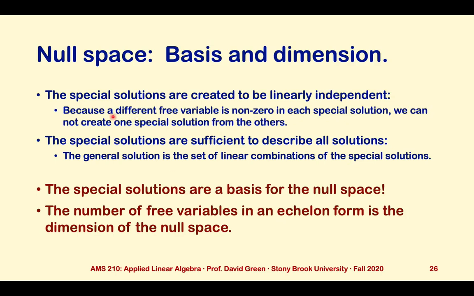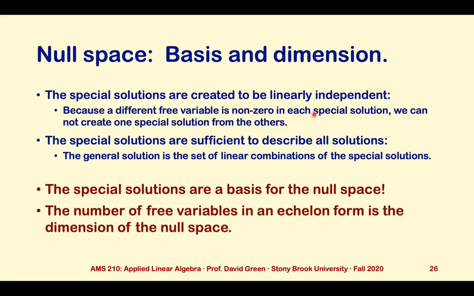How did we generate them? We generated them by setting each free variable equal to 1 and all of the rest of them equal to 0 for each special solution. This means that a different free variable is non-zero in each special solution. There's no way then that we can generate one special solution from others, because we have only 0 entries in all of the other free variable positions. By construction, we've come up with a set of linearly independent